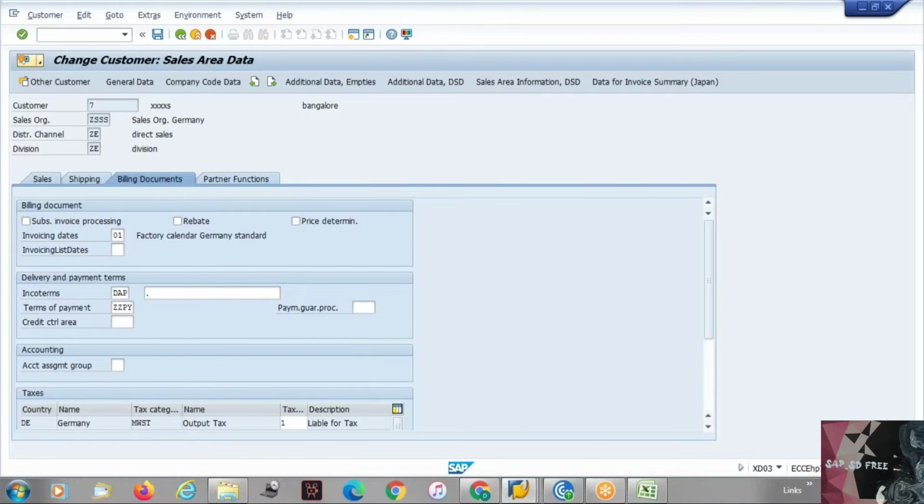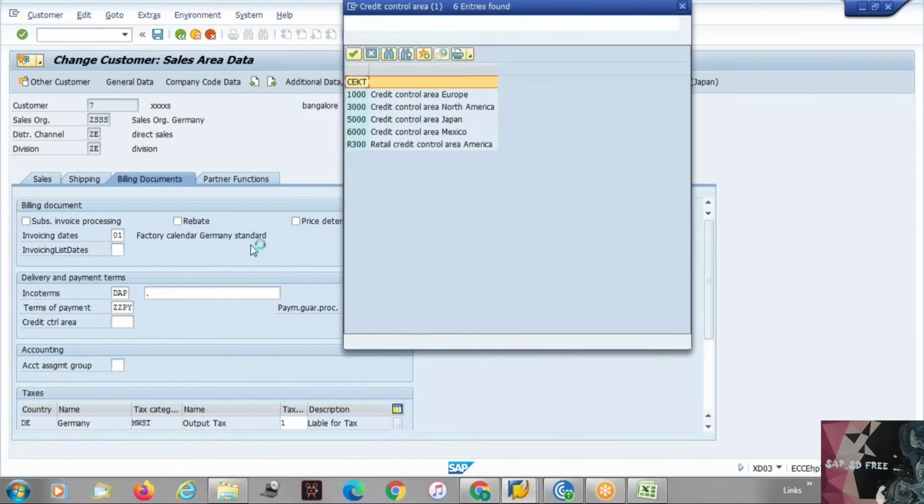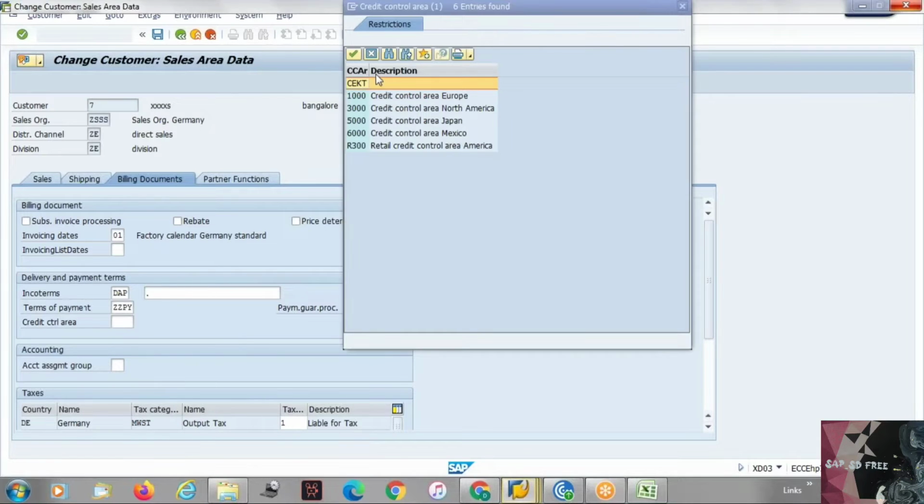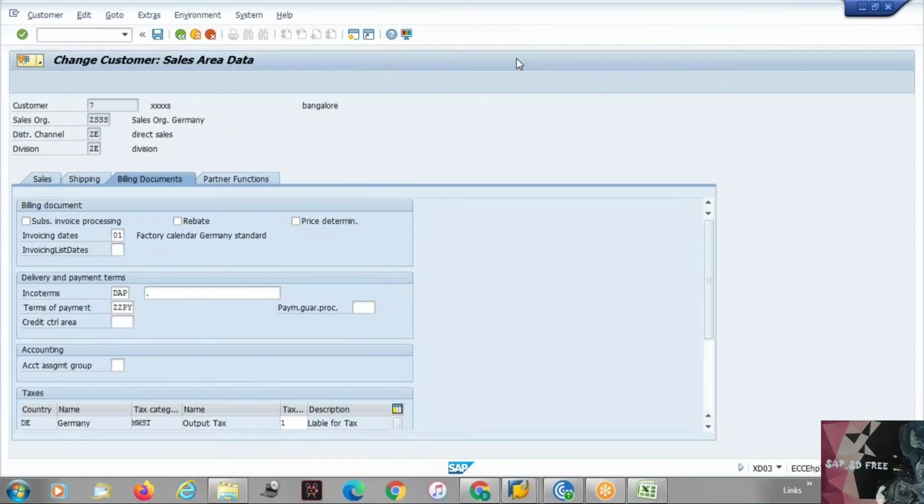But if you want to assign a particular credit control area to a customer, like if you have multiple credit control areas, then you will assign which credit control area this customer belongs to. Basically, for us, in